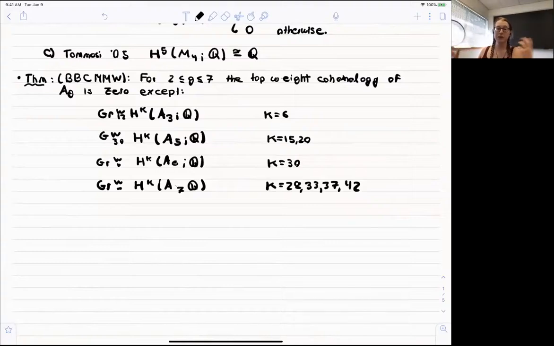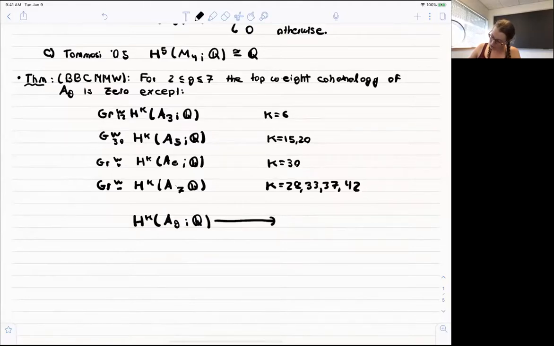Alternatively, if you prefer not to think about Hodge theory very much, we can just think about the top weight cohomology of A_g as a canonical quotient of the cohomology. So if we look at the cohomology of A_g in degree k, the top weight cohomology, which I denote Gr^W dot, or if I'm being careful, Gr^W_{2d} to signify its weight, of H^k of A_g is a canonical quotient of H^k of A_g. So in particular, excuse me,